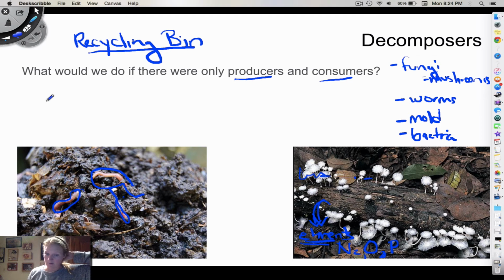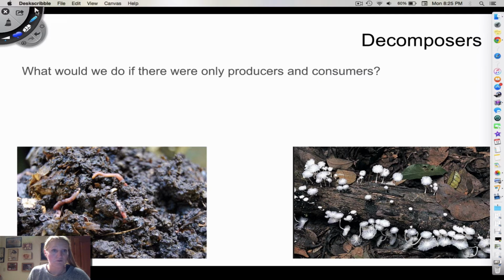They're the only way for us to get the nutrients back into the soil, so it can be used again, right? So once a log falls, if everything was stuck in all these dead or fallen over things, there would be plenty of energy because the sun is producing the energy, but there wouldn't be all the nutrients, all the elements, the carbon that we need in order to grow. We wouldn't have the nitrogen. We wouldn't have anything necessary. So all those crucial ingredients would be caught up in all the dead organisms that are floating around.